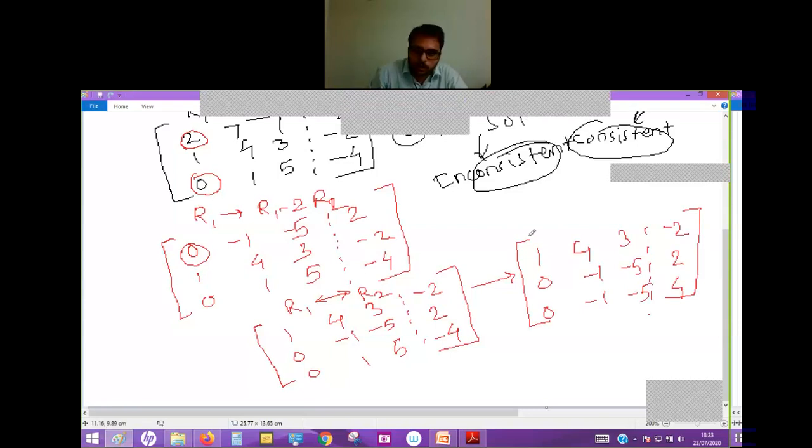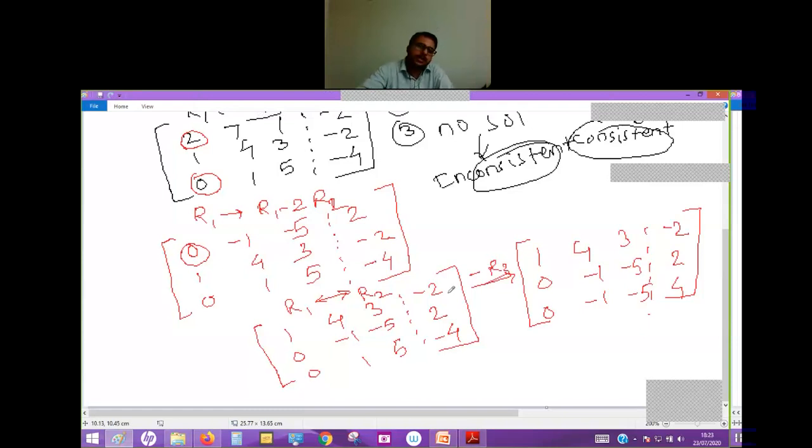So the operation I have made, I have multiplied row 3 by minus 1. That's why I will write the minus R3 operation. Okay. Now